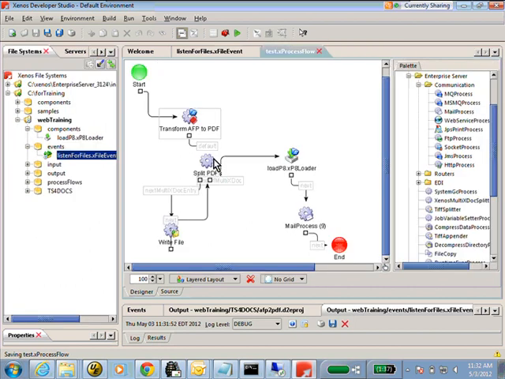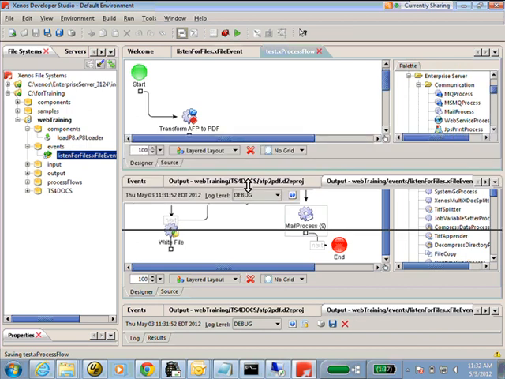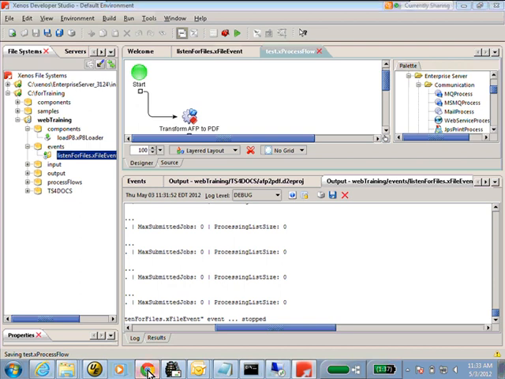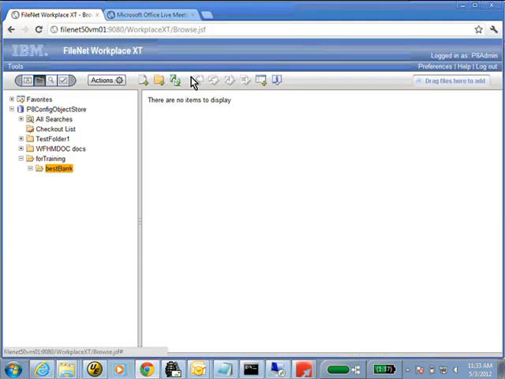Next, we're going to split those PDFs because we're generating 15 PDFs. We want to loop through each of those and write them out separately. We're going to load them into P8, and then we're going to send off an email saying that it was successful. So hopefully this is completed. So I'm just going to stop this. And if I go into here and refresh, hopefully there will be documents and I didn't mess up anywhere.